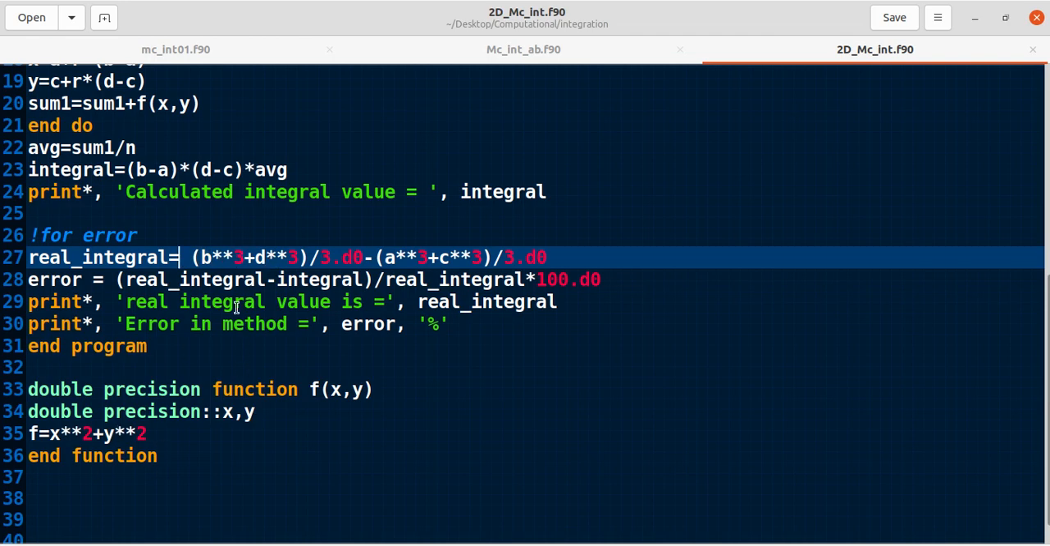you can simply try it yourself. It will be b cube plus d cube by 3 minus a cube plus c cube by 3, because it is actually b cube minus a cube by 3 plus d cube minus c cube by 3. I just simplified it to find this value. In place of 3 I use 3.d0 for double precision. And the error value will be